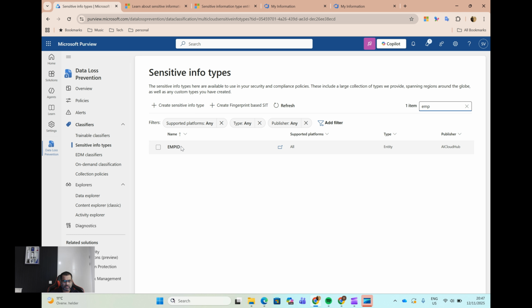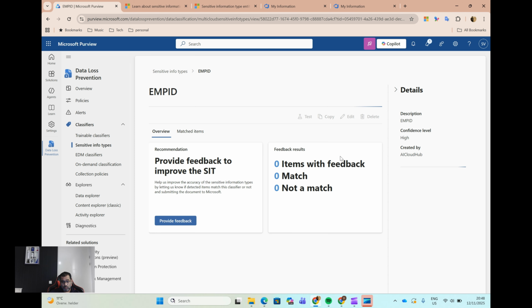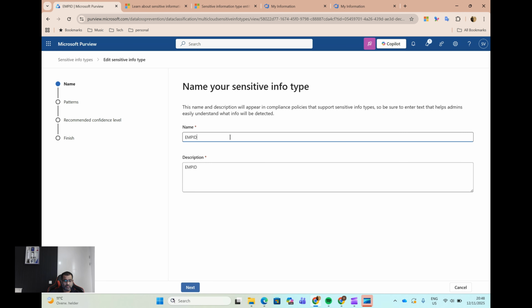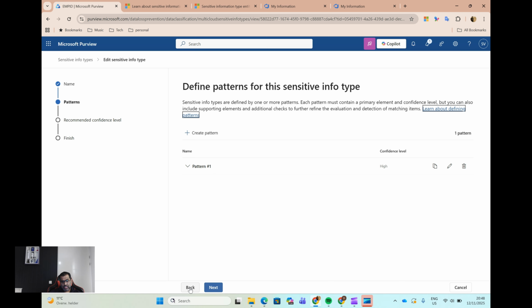Creating a custom one is very simple. You just click on create sensitive info type, and then I will just show you how I created it. So when I click on edit, of course, it is going to ask for a name. You need to give the name and description. In our case, I've just given employee ID. The moment you go next, there is a good option to give the patterns. The pattern is nothing but the regex, which you need to define, based on which the sensitive information